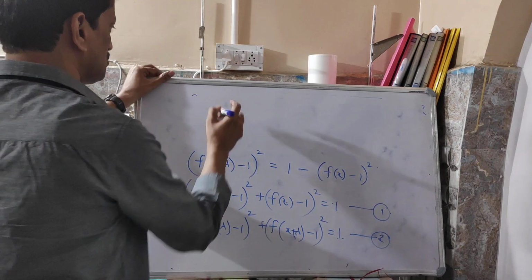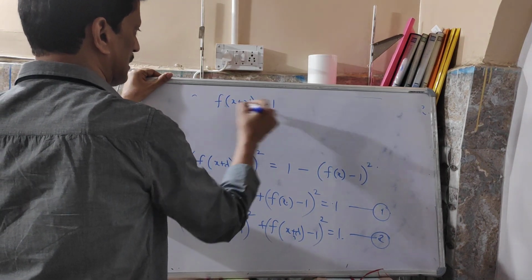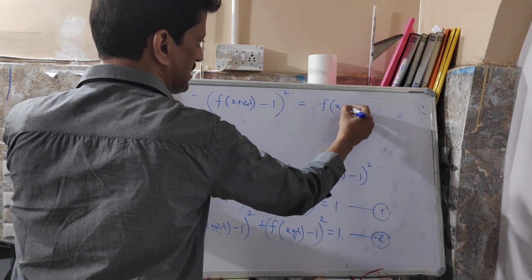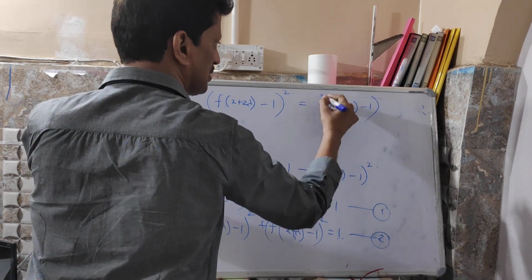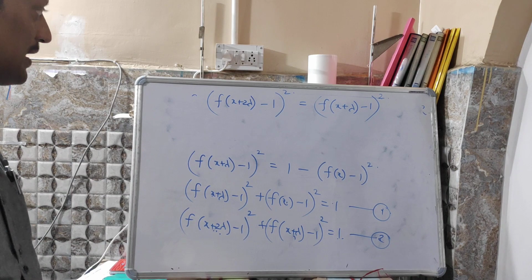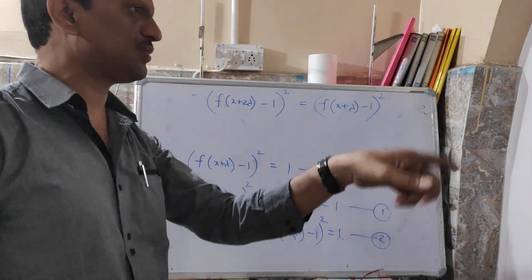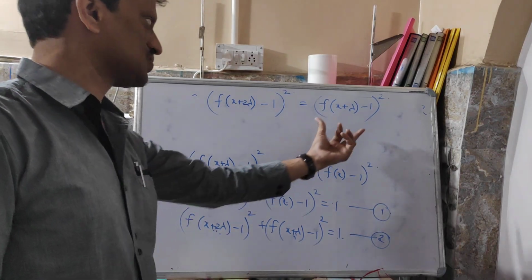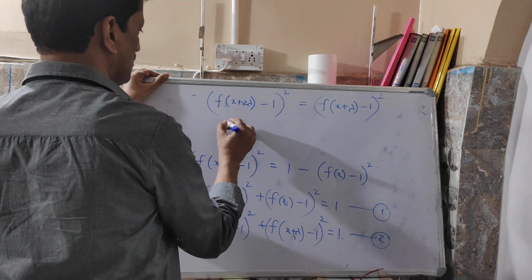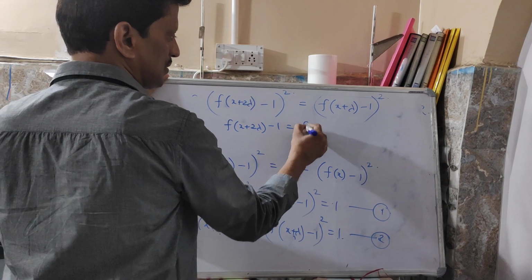f of x plus 2 lambda minus 1 whole square is equal to f of x plus lambda minus 1 whole square. दोनों साइड से स्क्वायर काट दिया तो प्लस आर माइनस आ जाएगा, लेकिन माइनस हम नहीं ले सकते क्योंकि f of x plus lambda minus 1 equal to square root something दे दिया, so this cannot be negative. So on cancelling that squares, you will be getting directly f of x plus 2 lambda minus 1 equal to